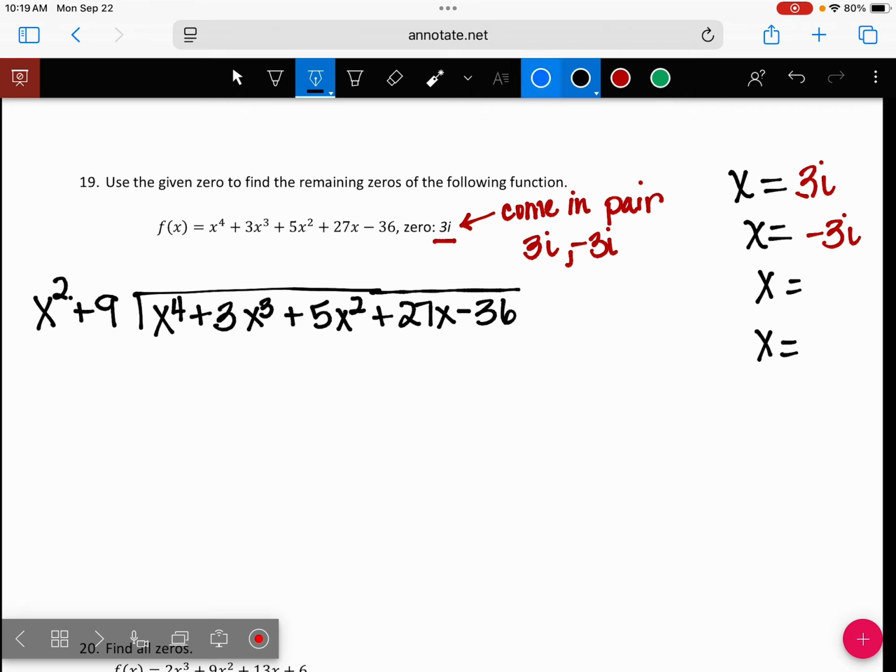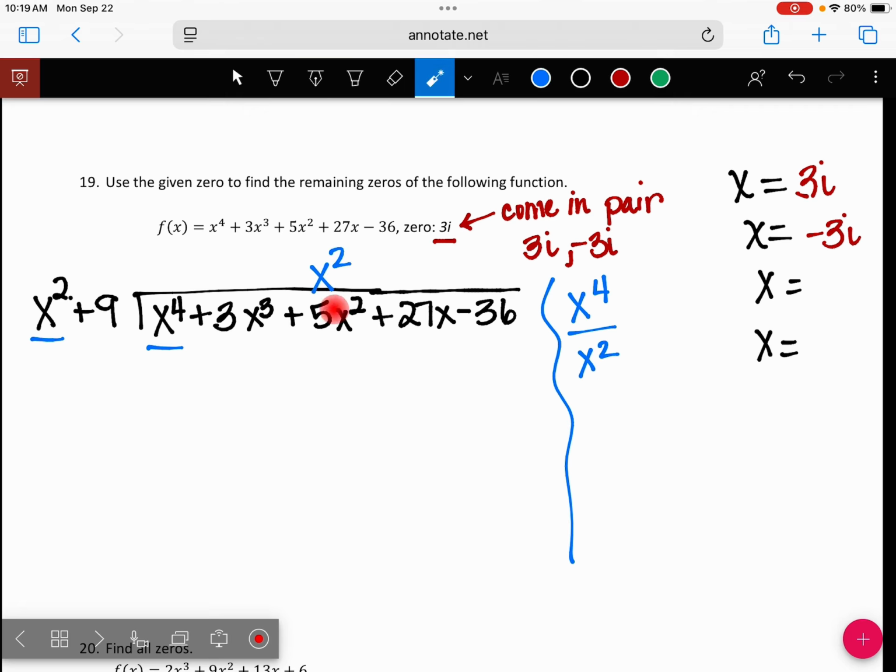Okay, so the steps to long division, you divide your leading term, so that would be x to the 4th divided by x squared. X squared goes on the roof, and I like to line up my coefficients, so that's why I put it here. It doesn't necessarily matter. It doesn't affect your answer. So when I divide x to the 4th by x squared, I get x squared, and that's why I put that there. Second step,